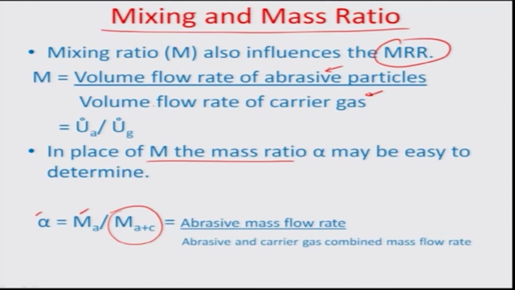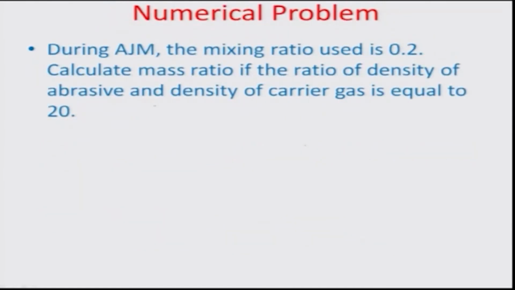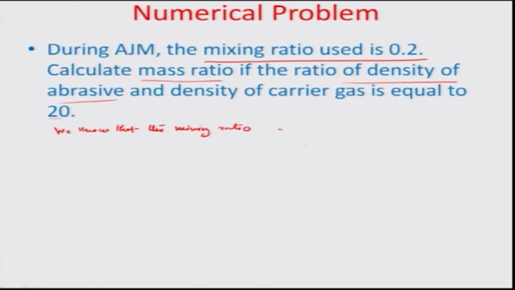Let's look at some of the practical numerical problems which can be important from an AJM standpoint. So during an AJM process, the mixing ratio that is used is about 0.2. We have to calculate the mass ratio if the ratio of the density of abrasives to the density of the carrier gas is given to be equal to about 20. So we know that the mixing ratio in this case is the ratio of the volume flow rates of the abrasive and the gas, and you can call this M,